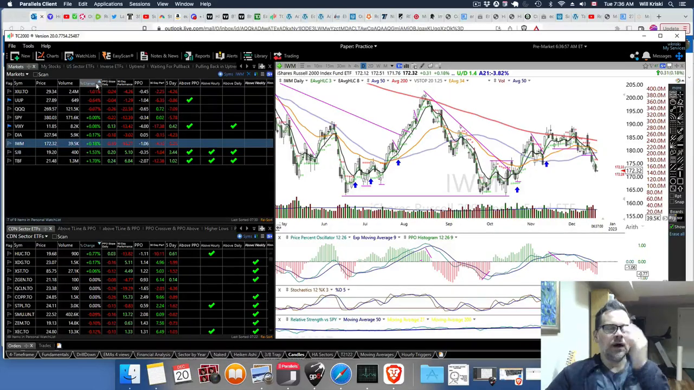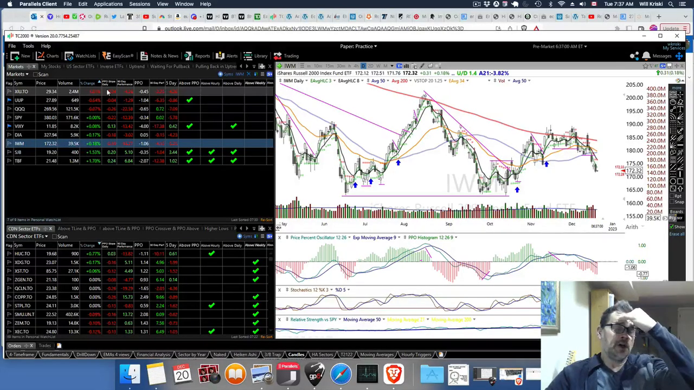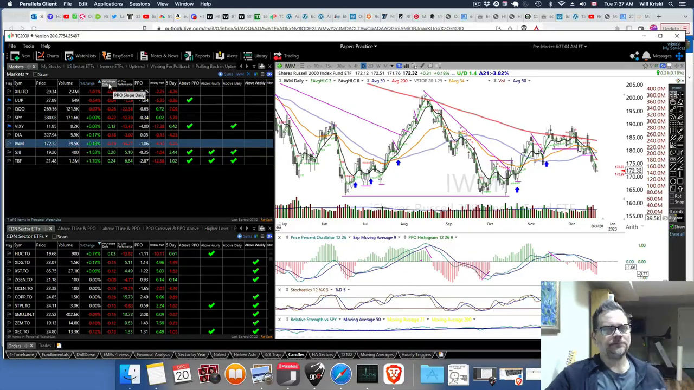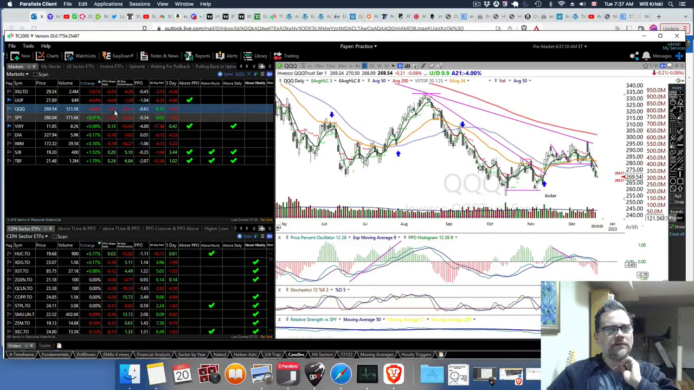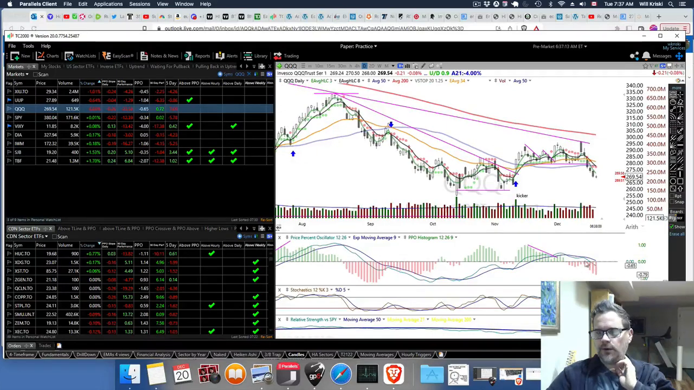So I've got a column here in my chart. It's called PPO slope. And so I want to see that the slope is upward. So for example, on the NASDAQ, it's negative 0.26. That means this slope here, this PPO line, is down. So you don't really want to be buying unless it's above the